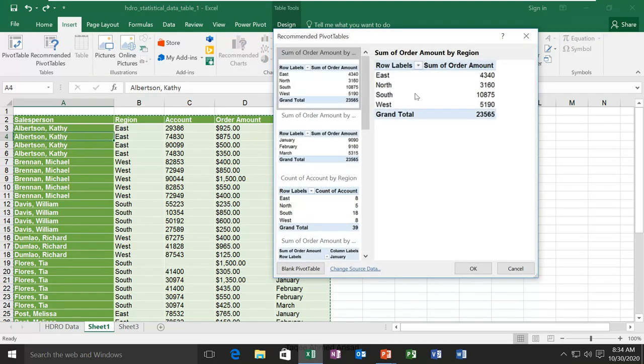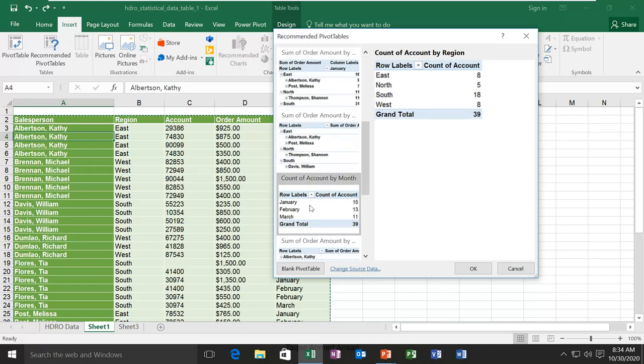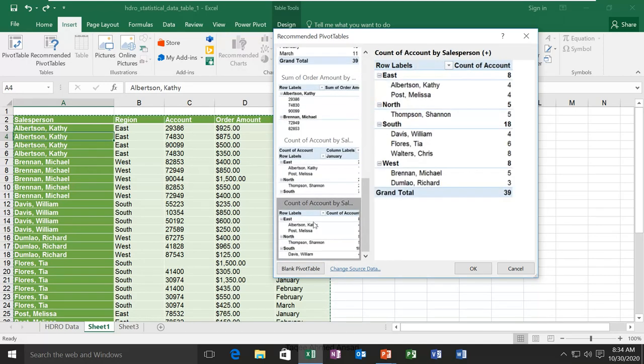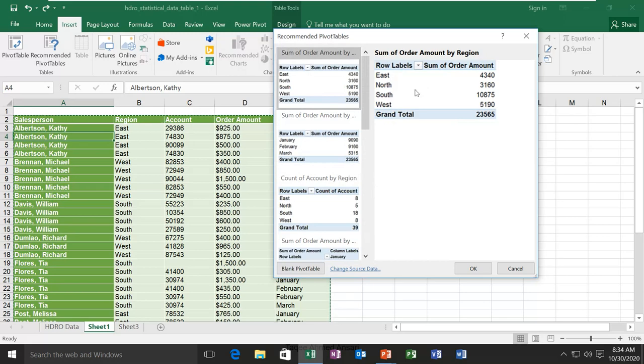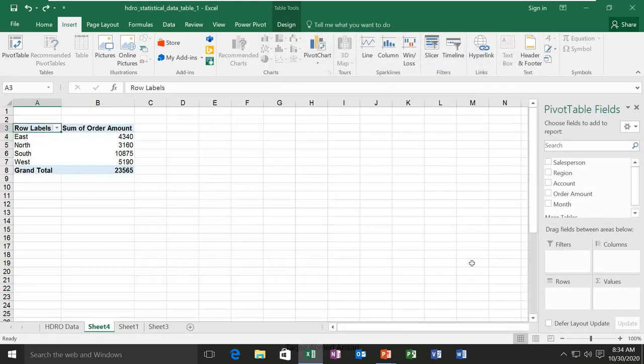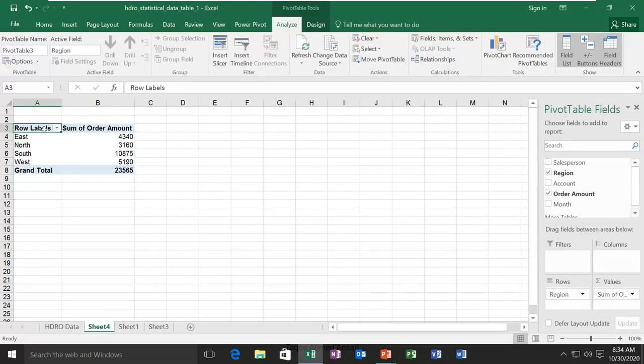Like you can see here, Excel is giving like you can create like this, or there are some other options you can choose. Now depending on your requirement, if it is fitting with your requirements, then you can select that and then press OK, and it is created here, but it creates in the new sheet. So when you create with the recommended option, it creates on the new sheet, but it creates the same thing.